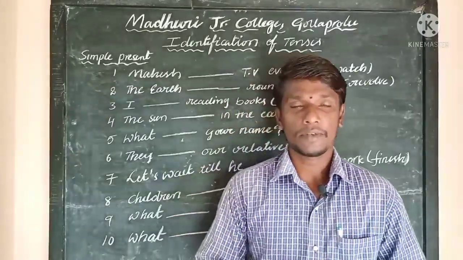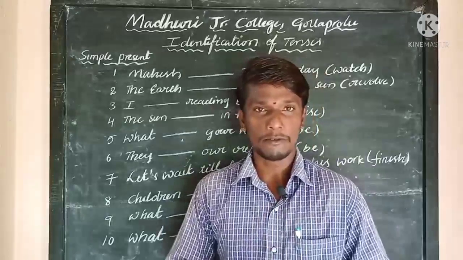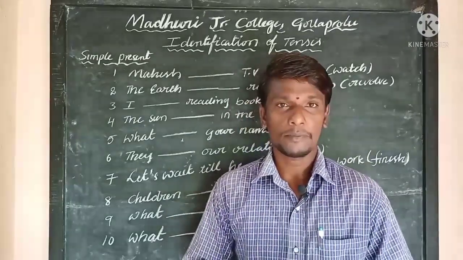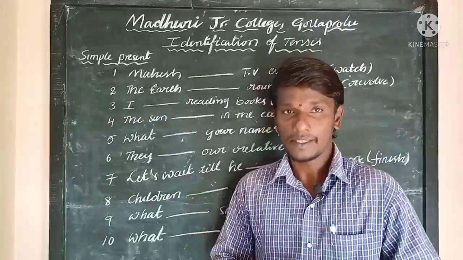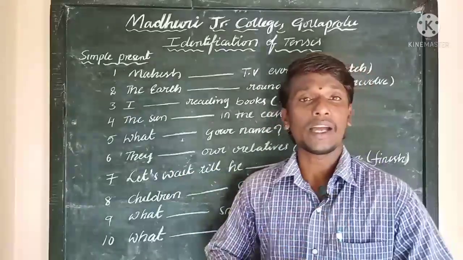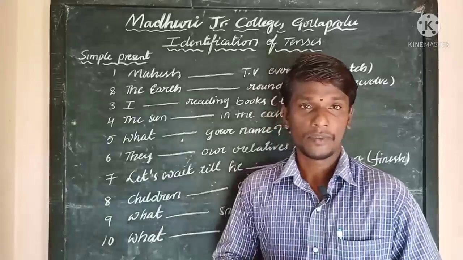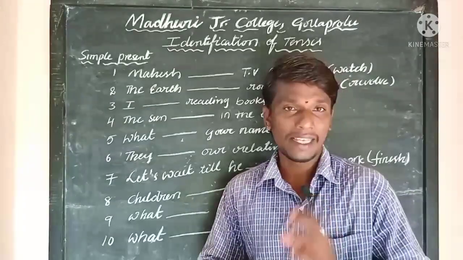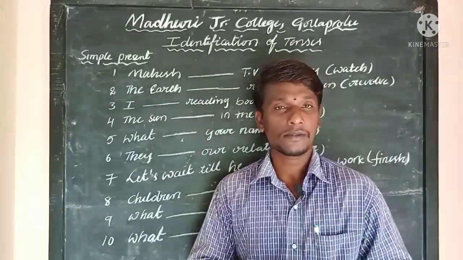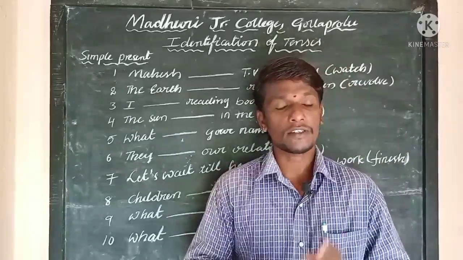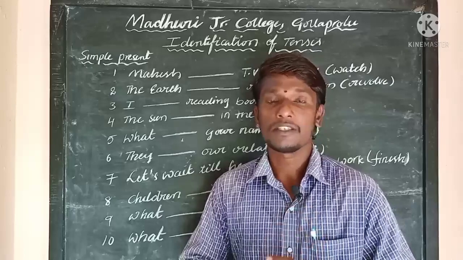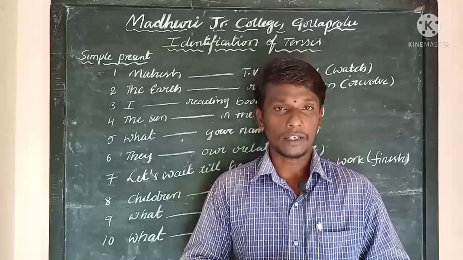In this video, we are going to talk about a very important grammar topic, that is tenses. Under this topic, how do we identify tense? There are 12 aspects in present tense. Four aspects are there: simple present, present continuous tense or present progressive, present perfect, and present perfect continuous tense or